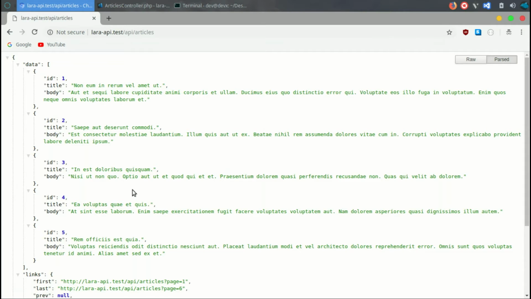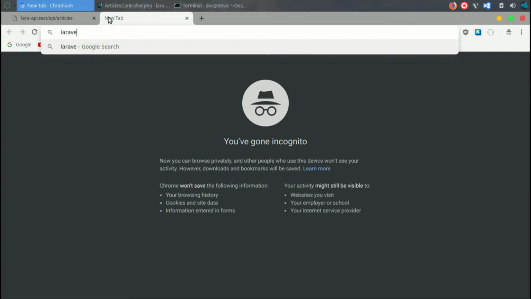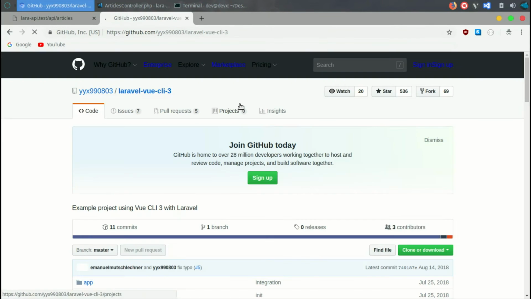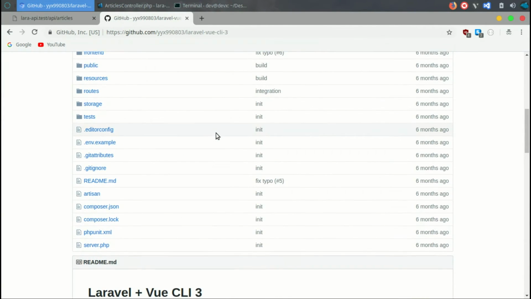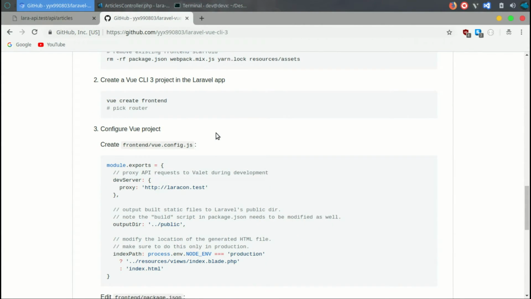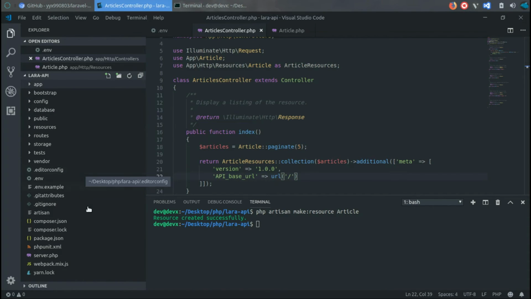Let's start working on our front end. For the front end, I use a beautiful GitHub repository that I found. If you type CLI, the first repository that you find here is the one that we need, and you see that it's actually quite useful. Let's go and see,